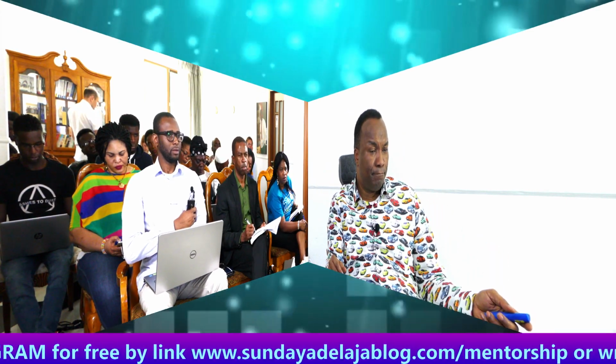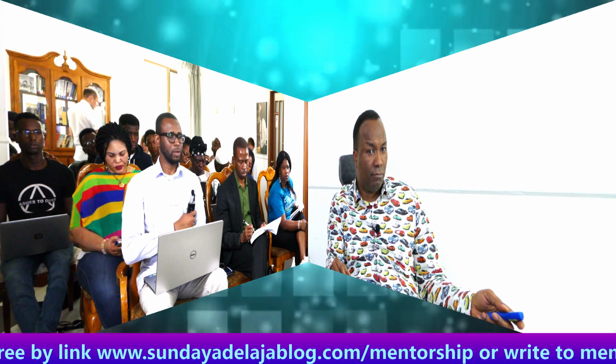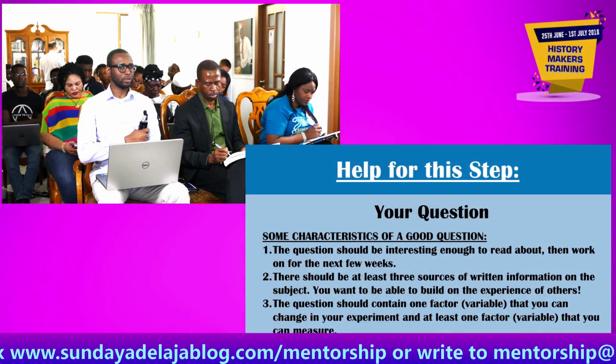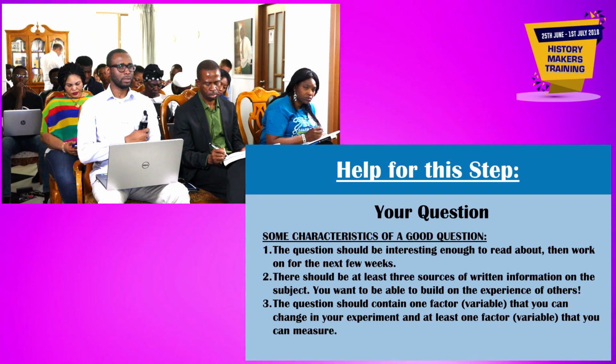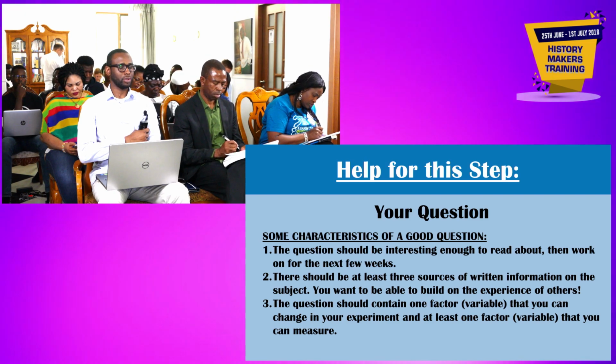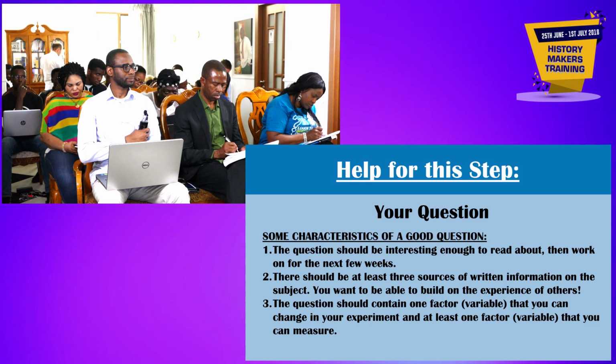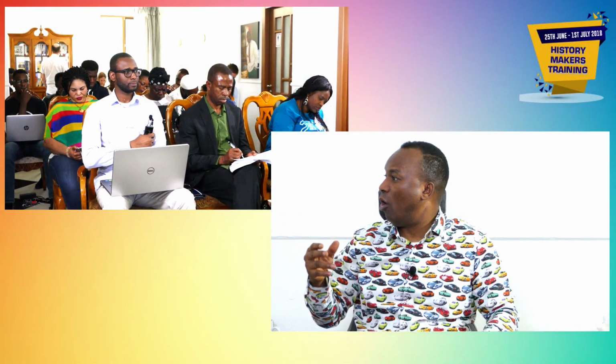Number 3, the question should contain one factor or variable that you can change in your experiment, and at least one factor or variable that you can measure. So before you can say you are performing an experiment, any hypothesis that you are bringing to the table or any element of your experiment, you must be able to remove it and change it and say, okay, I want to change this. What about, for example, you say,